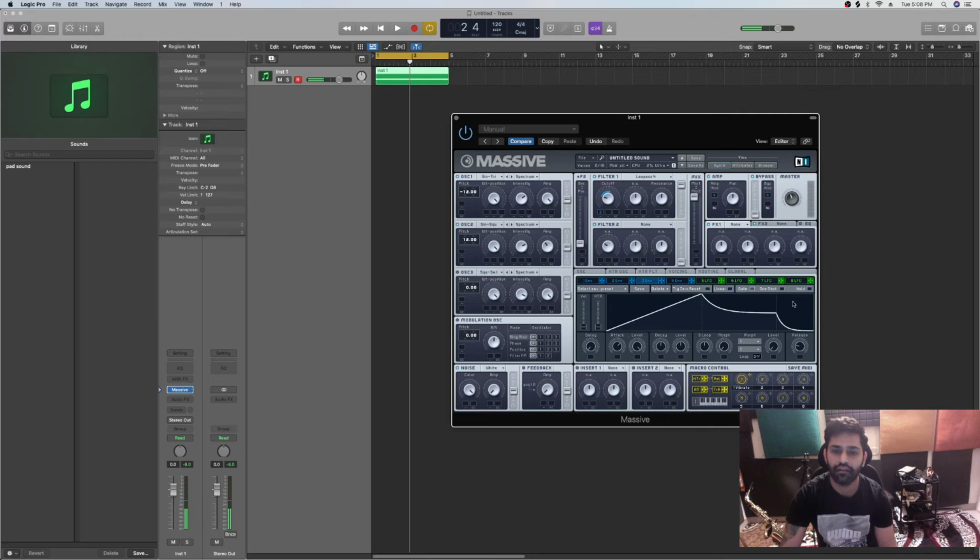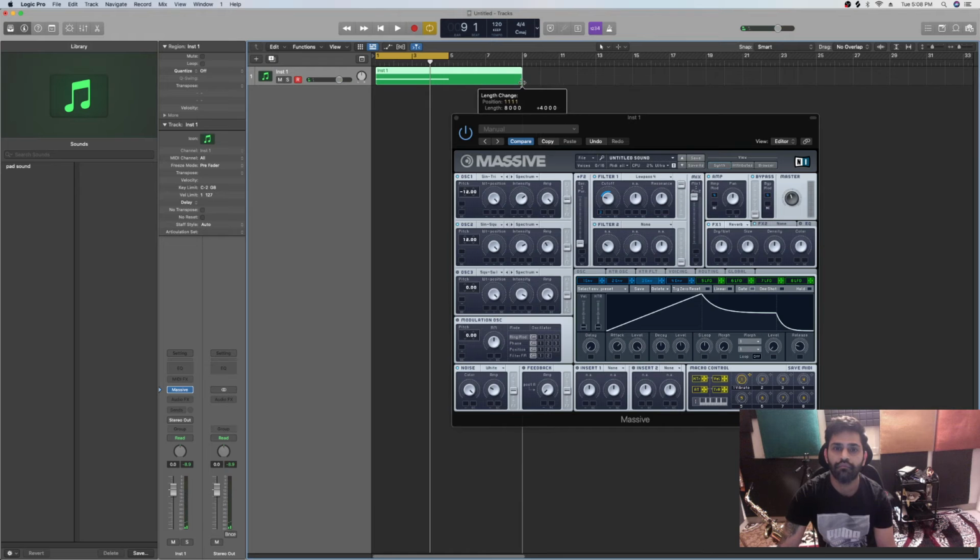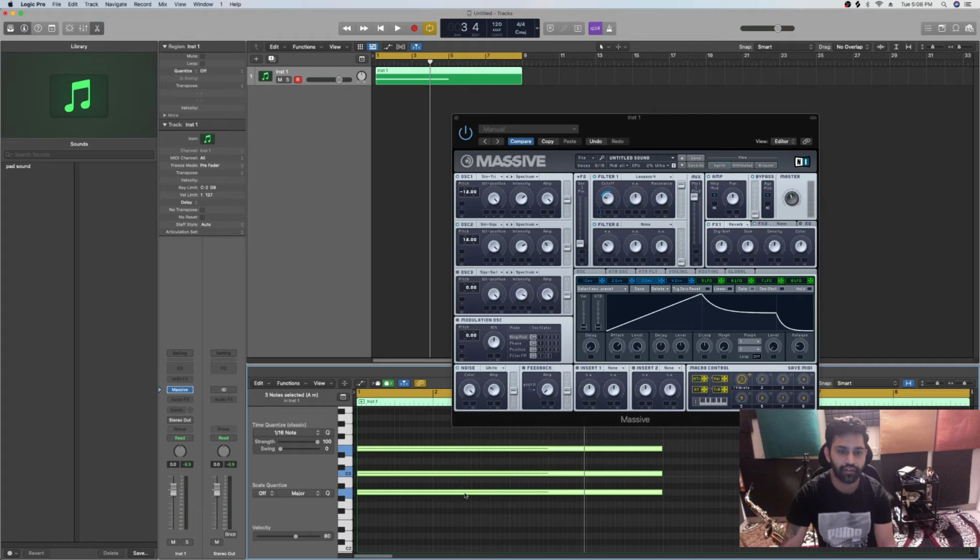Alright, and then the next thing I'm gonna add is a little white noise, which just adds a little dirt to it, which I like. Just a subtle amount. And then I come into my FX section. That's where I'm gonna add my reverb. If I add a little longer loop, which can be an 8-bar loop, which can be a chord progression of A minor to